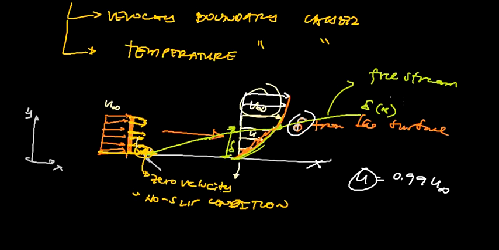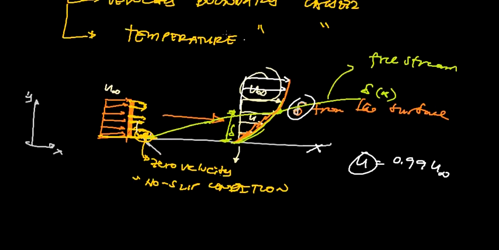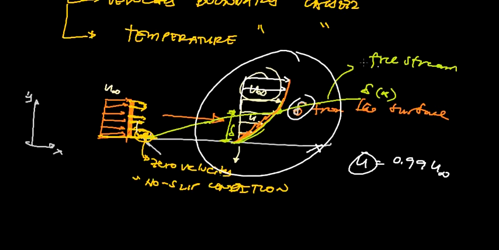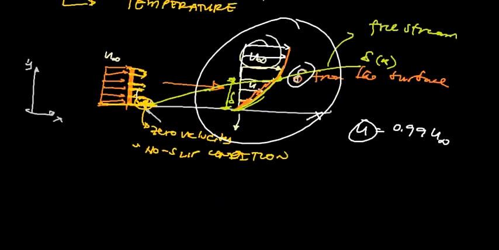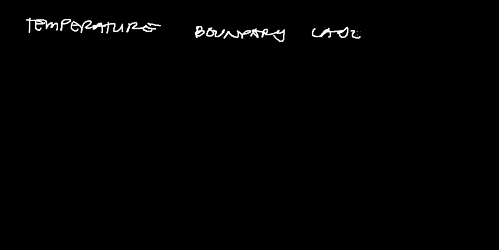Okay, so now let's proceed to the temperature boundary layer. If we have this kind of velocity boundary layer in external flow, then let's now proceed to the temperature boundary layer. Okay, so in a similar way, let us consider a free stream